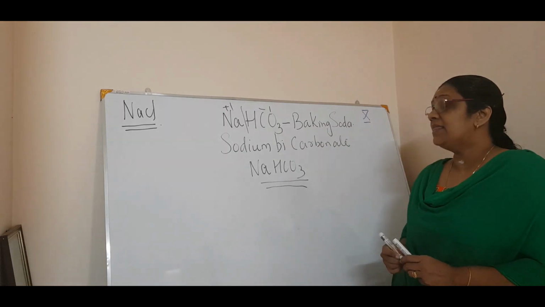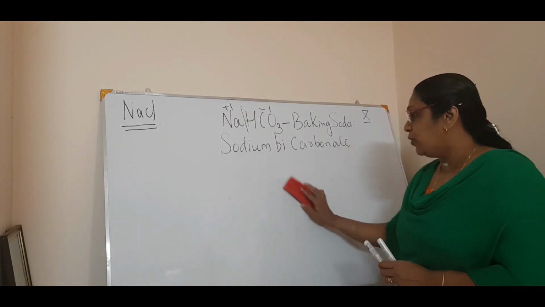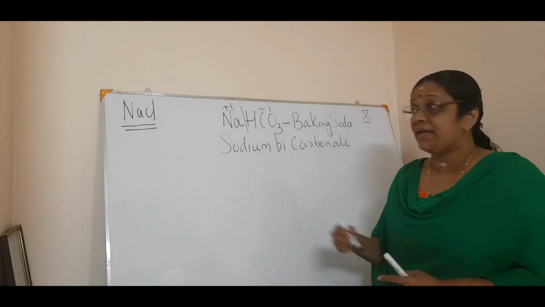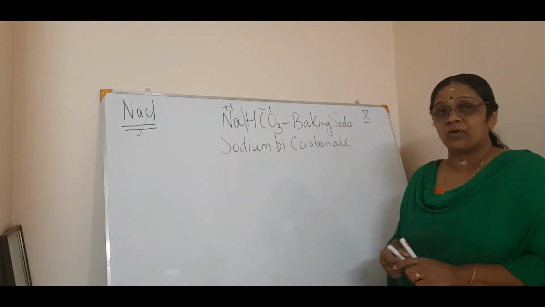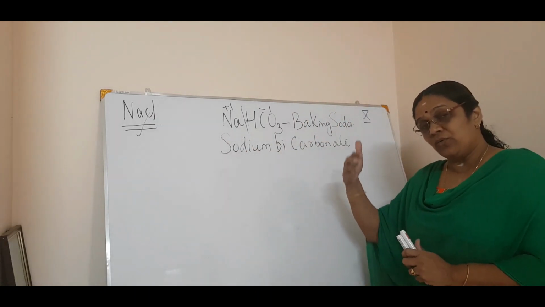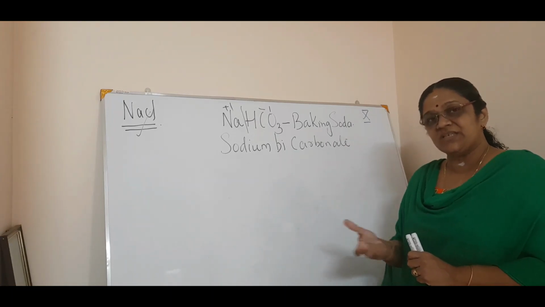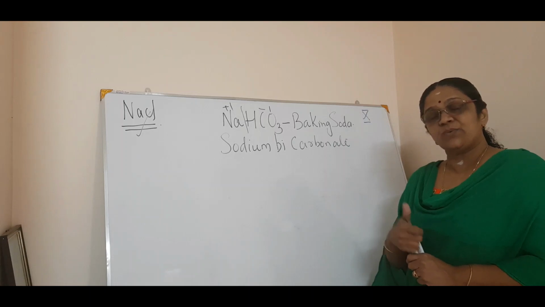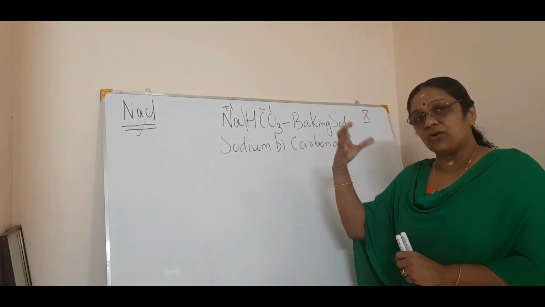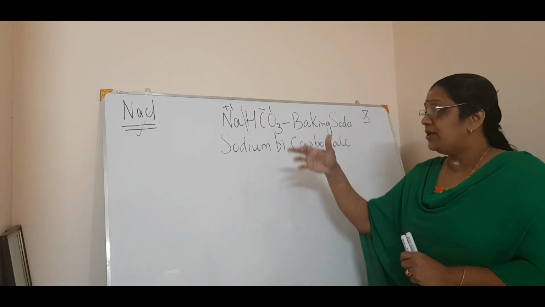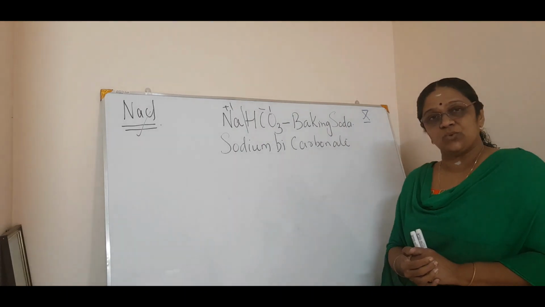Now, we will see the preparation of sodium bicarbonate. One of the raw materials is sodium chloride. We are studying that, no? From sodium chloride, how can you prepare important compounds in industries as well as in day-to-day life? That is what we are studying. First we studied the chloralkali process. There you got hydrogen, chlorine and sodium hydroxide. Then you studied bleaching powder. And now we are going to study baking soda.